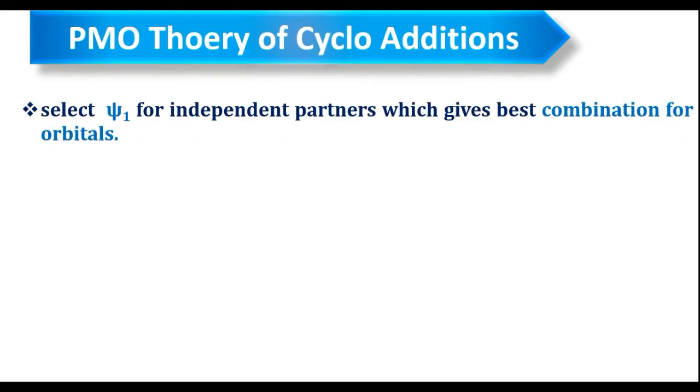To write the transition state, first we have to select the psi1 molecular orbital of the individual pi partners for the best combination, because when you take psi1, the representation is very easy because